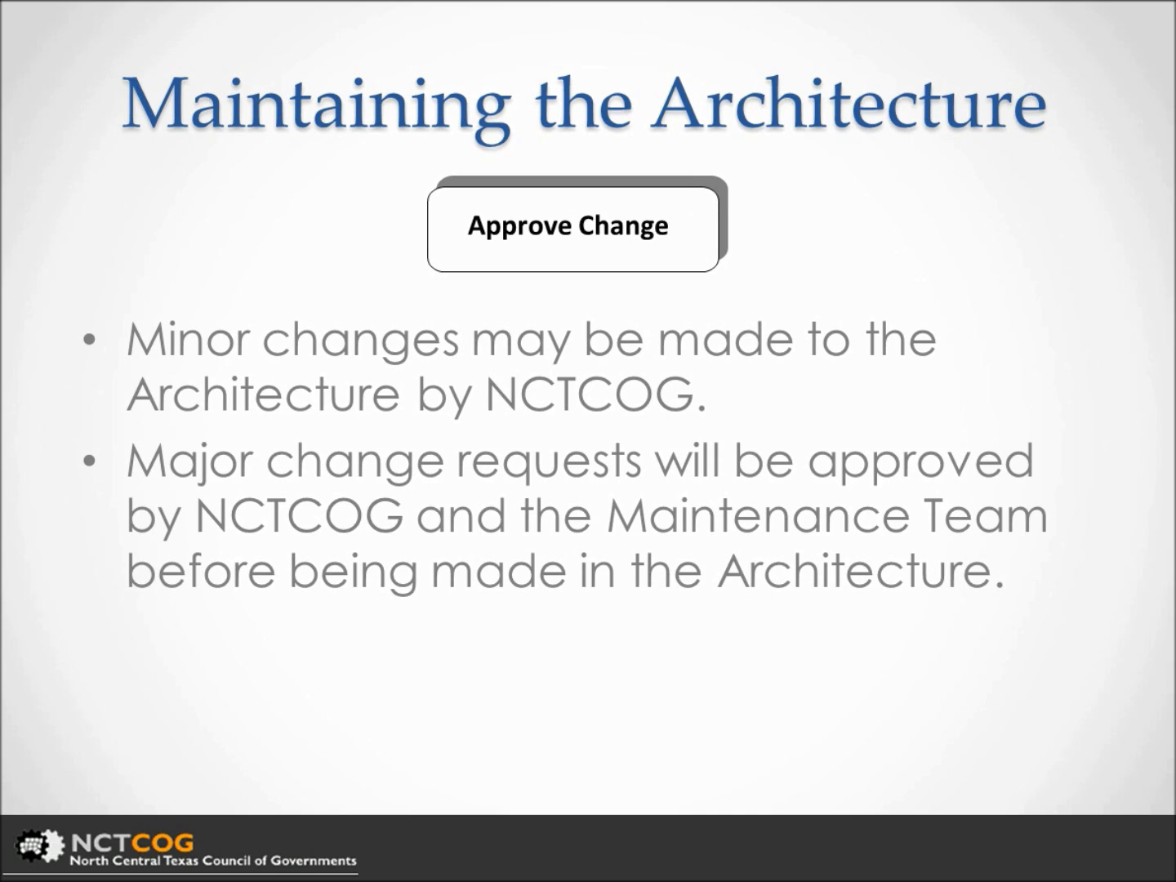The next step is to approve changes or to reject changes. When a request is approved, that means that the architecture will be changed to reflect it. Minor changes may be made to the architecture by the COG after their review. They may be done at any time, and they are things such as changing the name of a stakeholder, changing minor information flows, changing the roles and responsibilities of a stakeholder if they don't have significant impact on the architecture